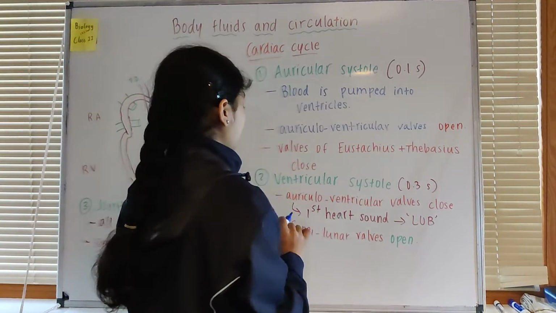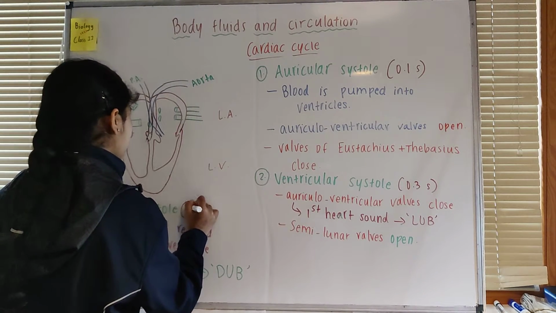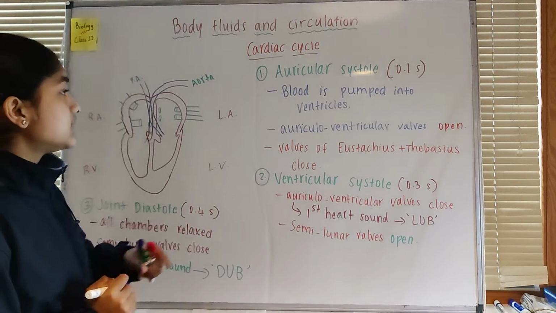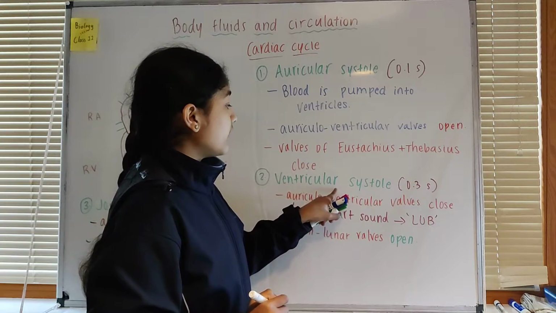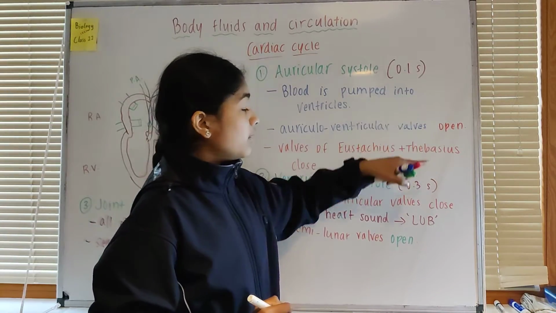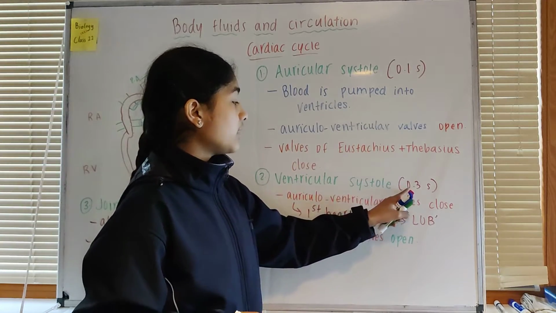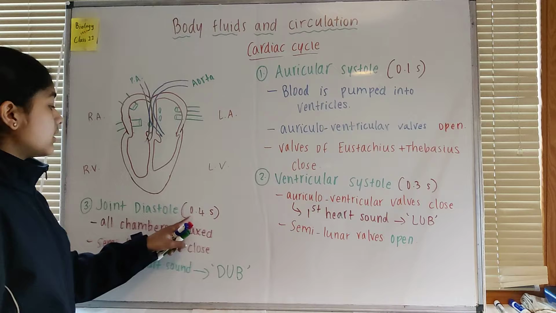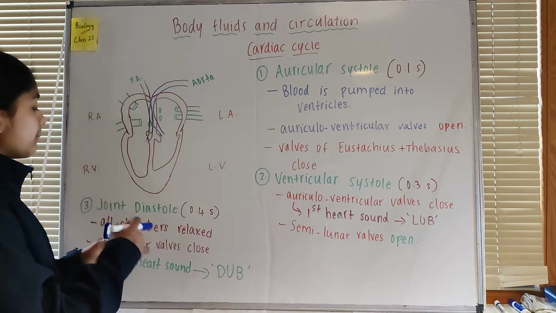And then joint diastole takes 0.4 seconds. That means auricular systole and ventricular systole happen in less than 0.5 seconds. So 0.1 second, 0.3 second, and joint diastole, here everything is relaxed and it takes 0.4 seconds to get all the compartments